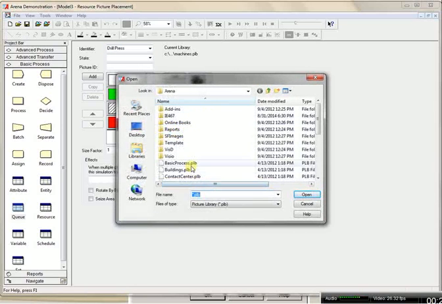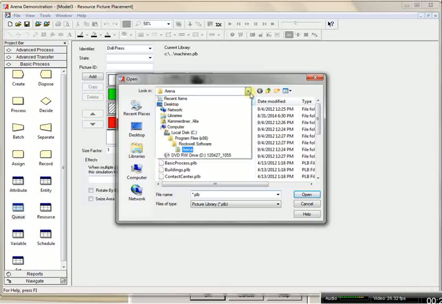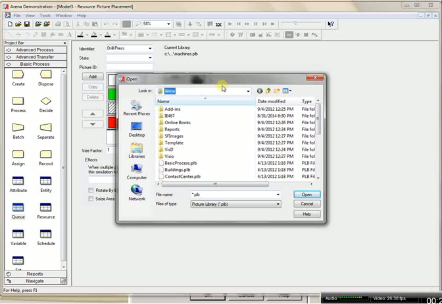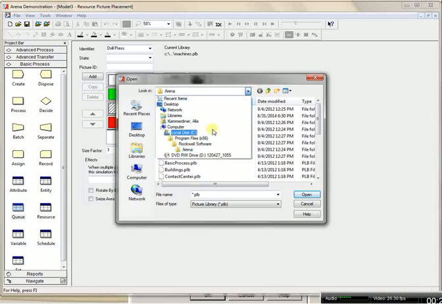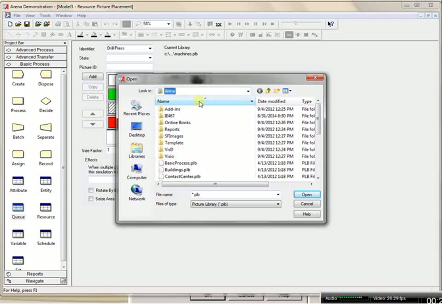selecting a different library. PLB extensions are the library files for the animations for different pictures. They are found by going to program files, Rockwell, and Arena. Again, just to reiterate, program files, Rockwell, Arena. You'll get there, and it's different. We go to program files rather than documents. So now you go to